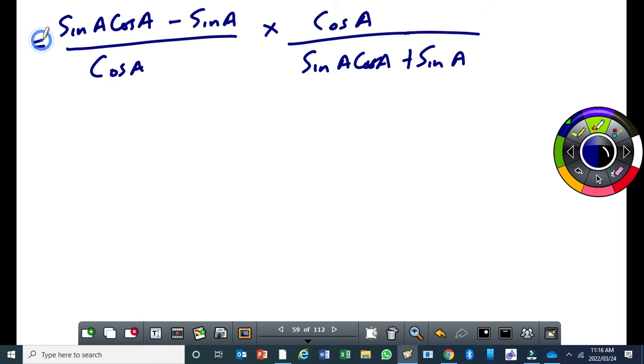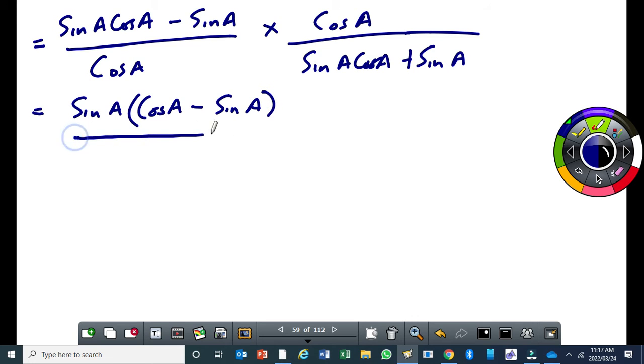So the cos A's are going to cancel out. So we can end up having sine A times cos A minus sine A. This is all over